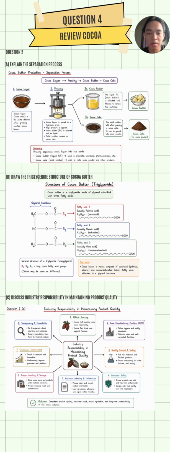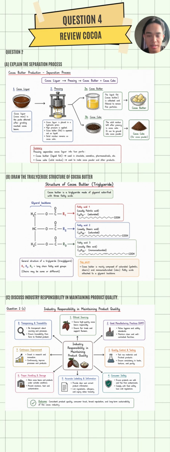For question C, in terms of industry responsibility, manufacturers must ensure product quality by maintaining proper hygiene during processing, preventing contamination, and following strict food safety standards. They must also ensure consistency in taste, texture, and overall quality so that the final product